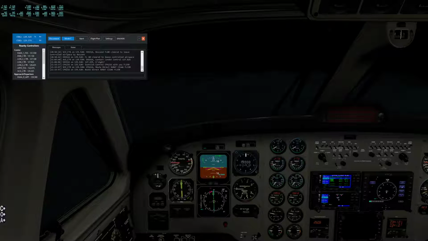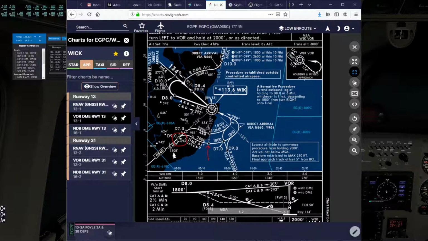Roger. So now I'm thrown with two things: the descent to 8,000, which is an intermediate, and the fact that I'd forgotten, of course, with the VOR DME procedure, there are two alternate procedures basically. There's the arc, or there's the hold entry, and if you look on the chart, you see that you could,